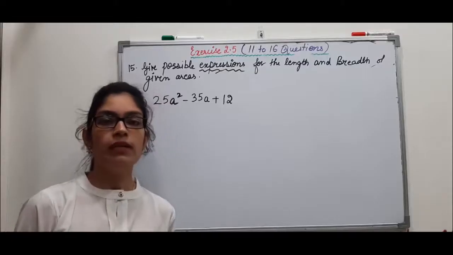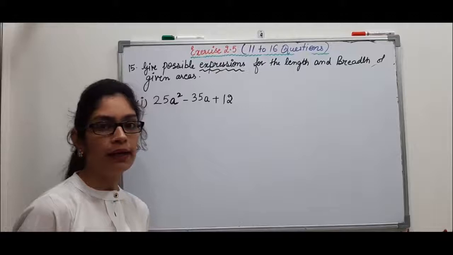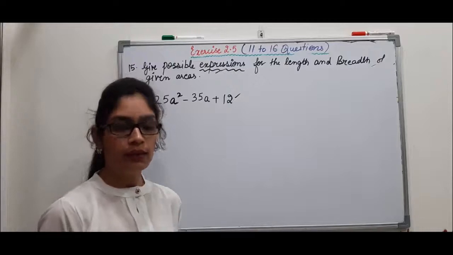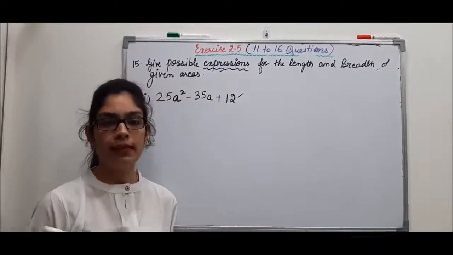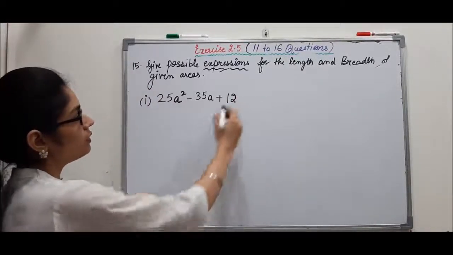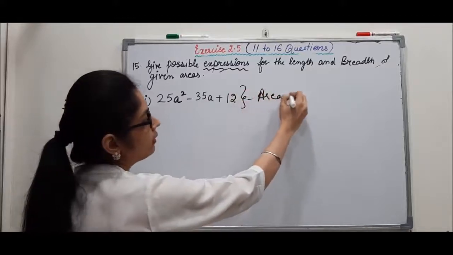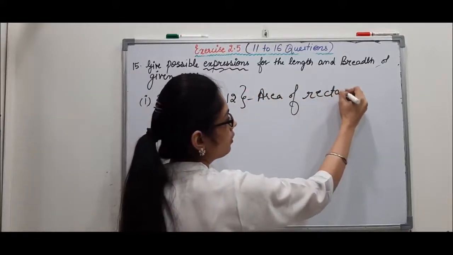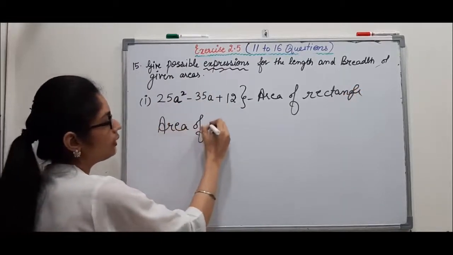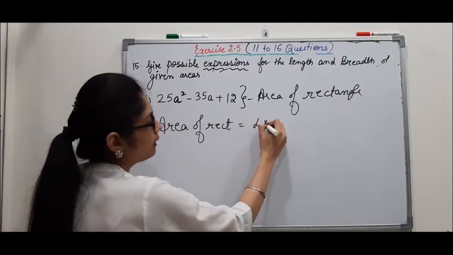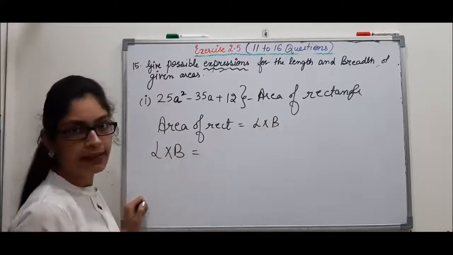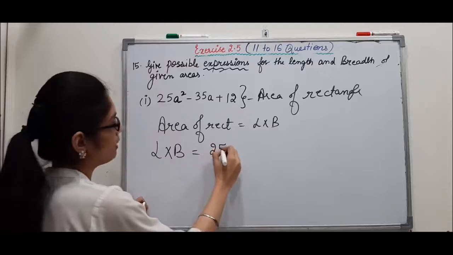In the 15th question, we have to find the expressions for length and breadth for a given area. So two parts are there. One part I will do along with you, and the second part you have to try yourself. Both parts use the same method. So let's start. This expression is the area of a rectangle, and we know area of rectangle is equal to length into breadth. So we can write length into breadth, and the area is already given by this expression, so we can write 25a²